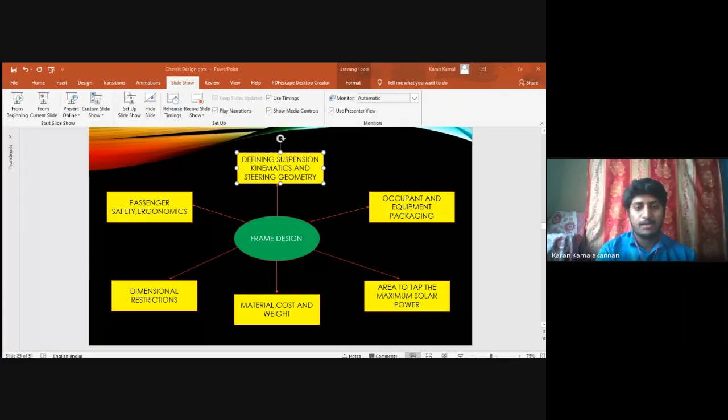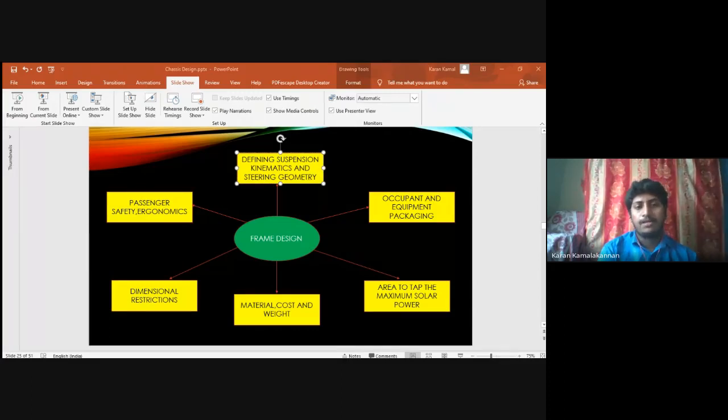Then you will be designing for the ergonomics, like occupant packaging, because everything starts from the purpose of the vehicle being for the passengers, not for racing. It depends, because the driver should be comfortable while driving. So occupant packaging, as he said, ergonomics is important next. Based on that, we will be building our frame by fixing the dimensions, the length of the panel if required for a solar vehicle, and placing the other components. So that is the way we will be designing a frame.